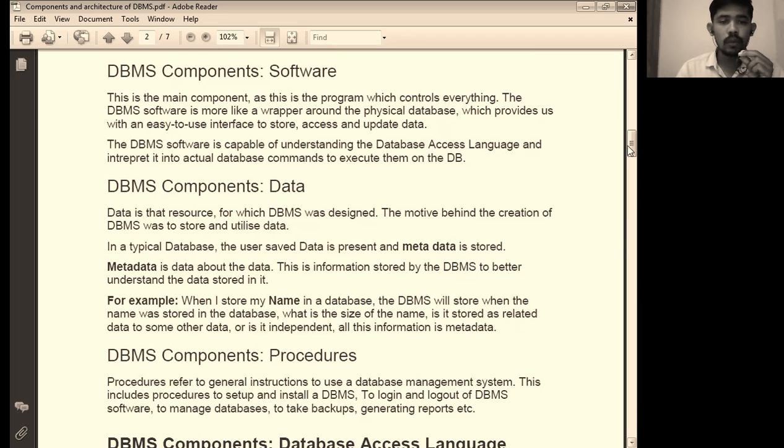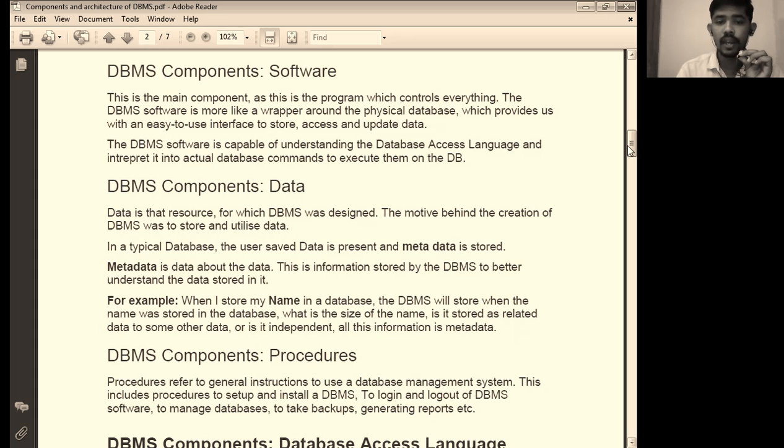For example, when I store my name in the database, the DBMS stores the name, what the size of the name is, whether it is stored as related to some other data or is independent. All this information is metadata. The data type of that variable is hidden from the user, as is other related information stored about that variable.